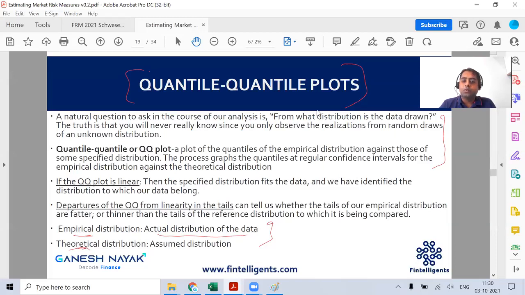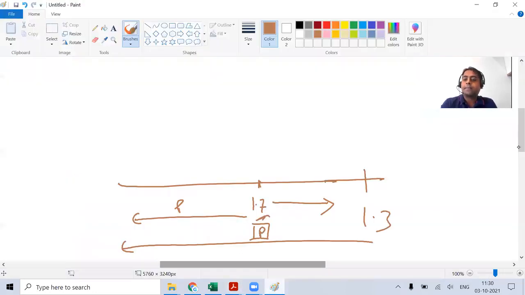It gives you a view that we are going to be using a quantile plot. The process of mapping is going to happen through a graph. And why do we say quantile-quantile? We'll first put all the quantiles of the theoretical distribution, and then we'll put the empirical distribution's quantiles on it to see exactly if it matches.